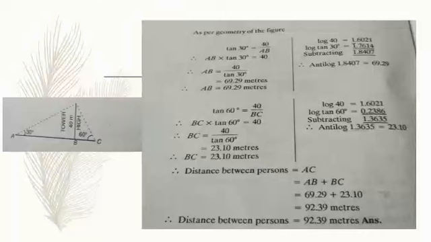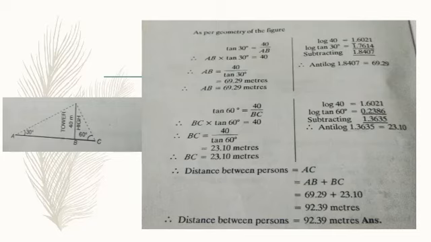See, first of all consider triangle ABD. If you consider triangle ABD, you get tan 30. Tan 30 is equal to opposite by adjacent. Opposite is 40, adjacent is AB. Just substitute it. So with cross multiplication, AB into tan 30 is equal to 40. AB is equal to 40 divided by tan 30. Value of tan 30 is 1 by root 3. If you substitute and calculate it, you get